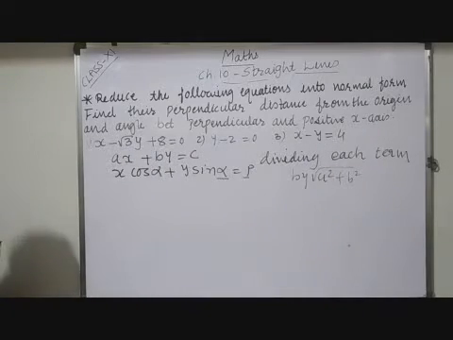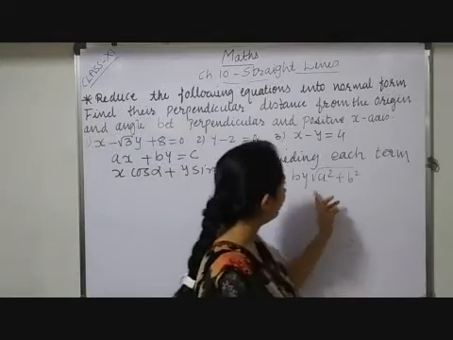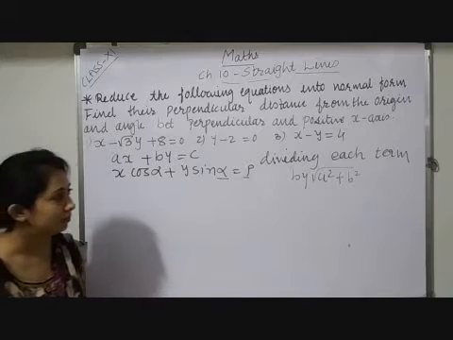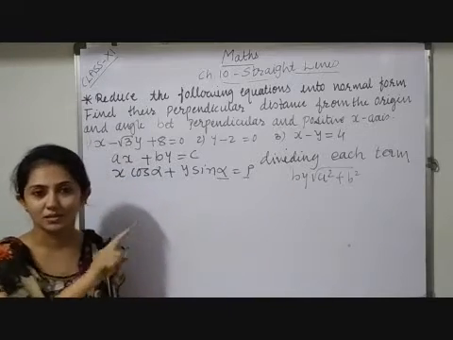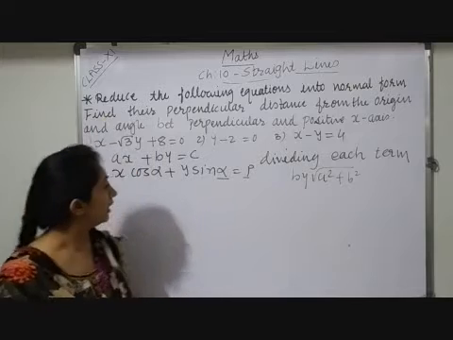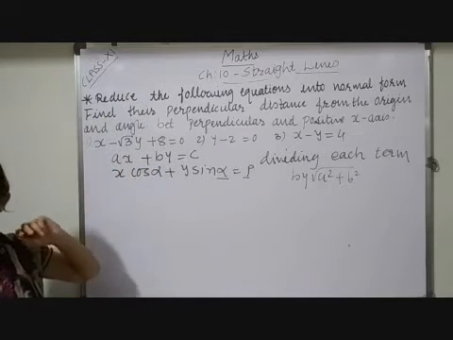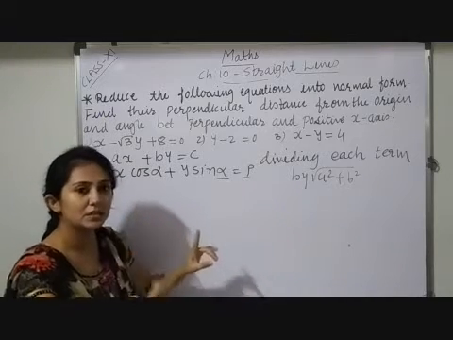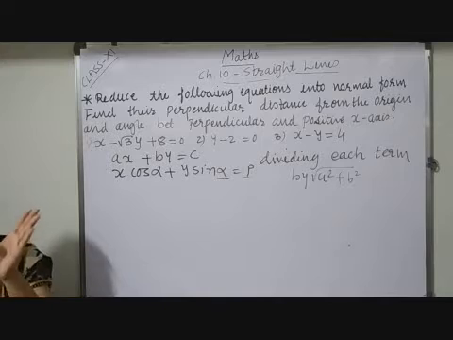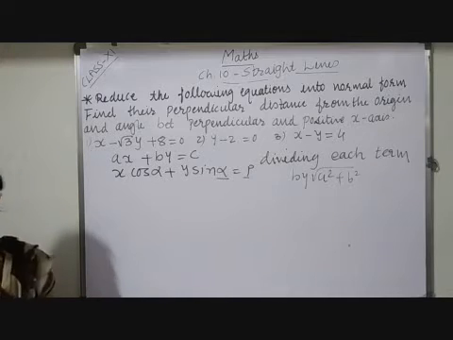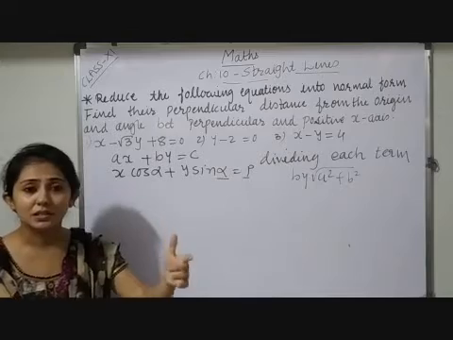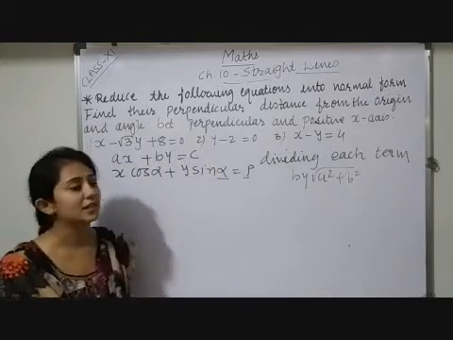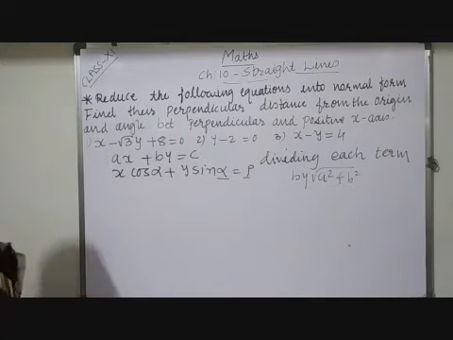Now, obviously in your mind there will be a question: why do we have to divide by under root of a square plus b square? Think about your Cartesian plane, or 2D plane, with the x-axis horizontal and the y-axis vertical. Now here, ax plus by. The x-intercept means the distance from the origin to the point where the line intersects the x-axis, and the y-intercept means the distance from the origin to where the line intersects the y-axis. That portion is known as an intercept.